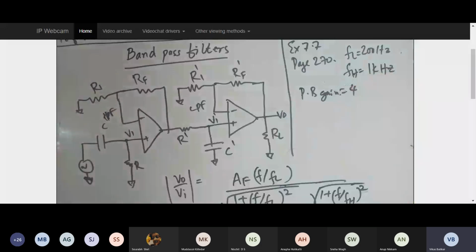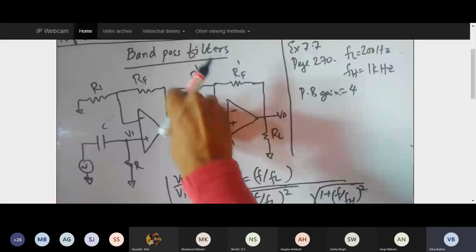For band pass, he is going to give both FL and FH. Now again here I need to be giving a lot of other values. Let's not try to assume all the values and do the problem. The textbook assumes them, but right now I'm going to give the values.